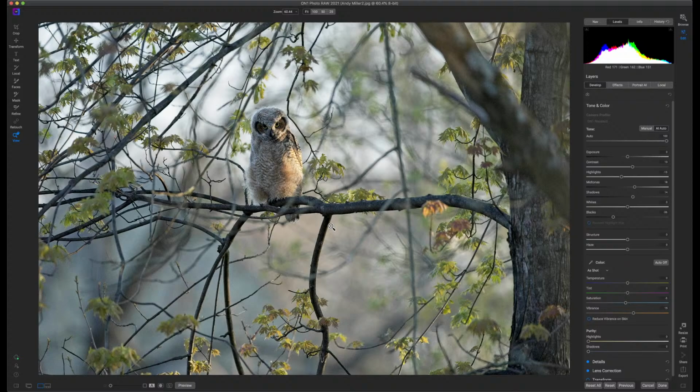Personally, I would not have an issue with noise on a photo like this because it just seems like it really does fit in, right? The environment, you can see all the leaves around, and this is a masterfully crafted shot. You can tell, one, who the subject is, and two, hopefully there aren't too many distractions, but there's no distraction in this image that